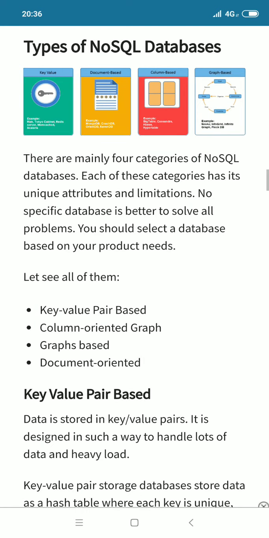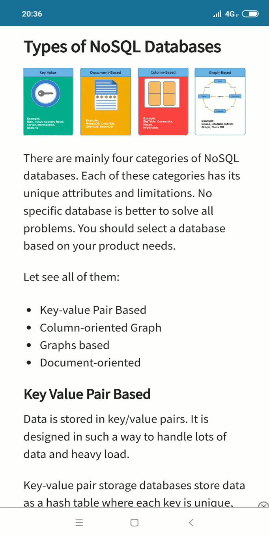Document based NoSQL is like MongoDB, CouchDB, OrientDB, Raven database. And column based NoSQL is like Bigtable, Cassandra, HBase, Hypertable. Graph based NoSQL is Neo4j, InfiniteGraph, FlockDB.